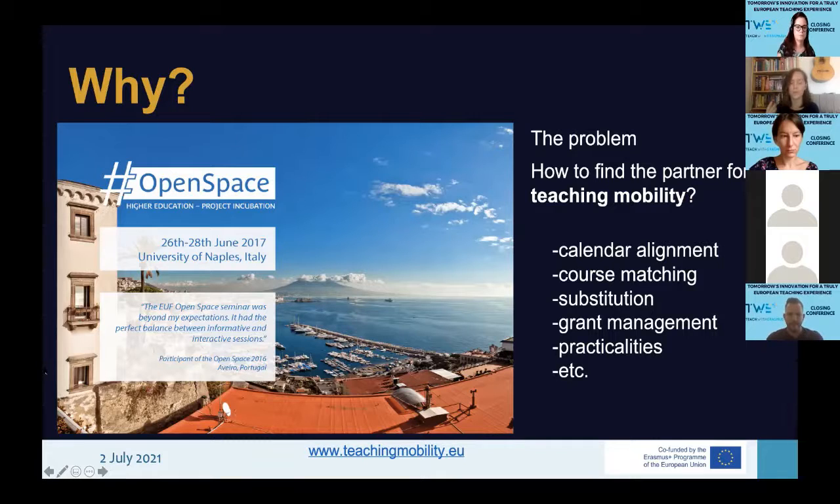Also, one of the main organizational problems was substitution. It is very difficult to find a substitution for a whole week for an average academic in a university. Course matching can also be a problem, to find a partner who has very similar curricula or is open to new elements in his or her curricula. Next to that, administrative hurdles related to grant management were also listed, and many, many practical issues and questions related to teaching mobility. So our group concluded